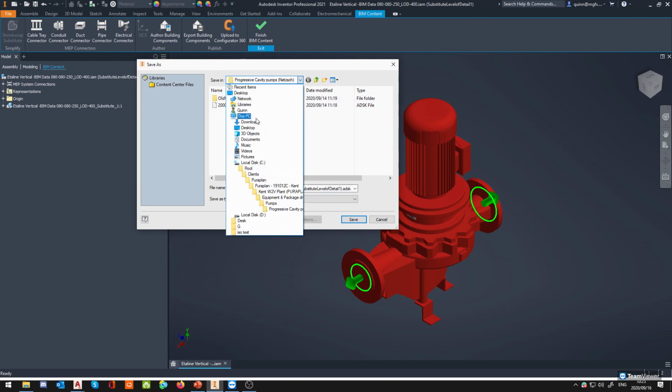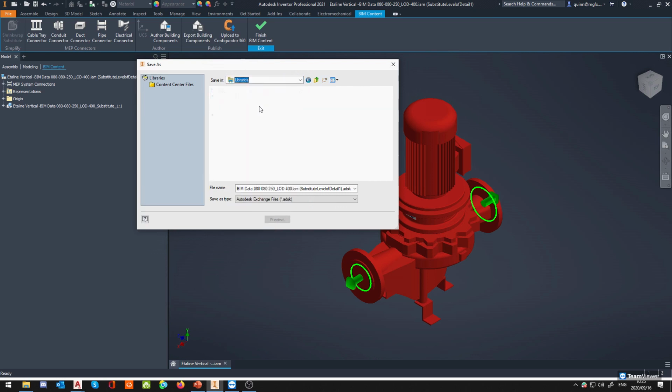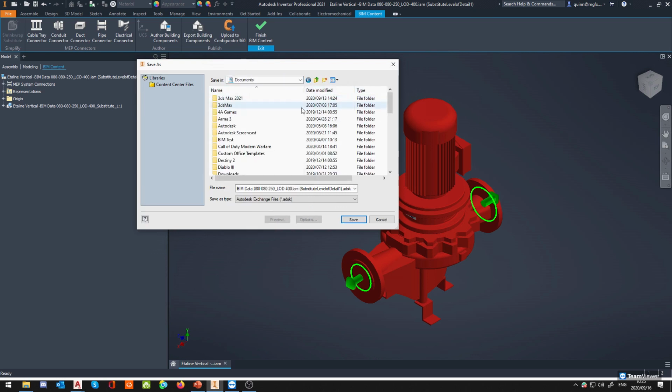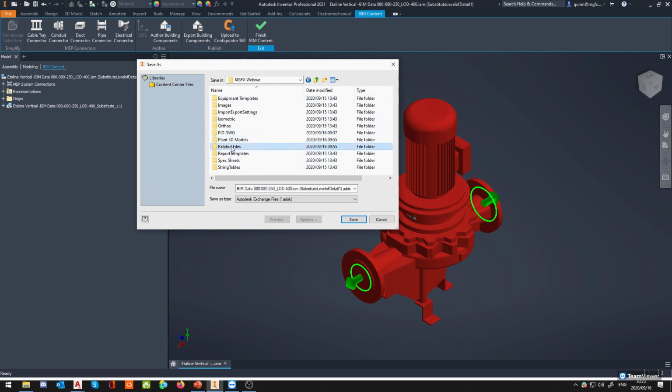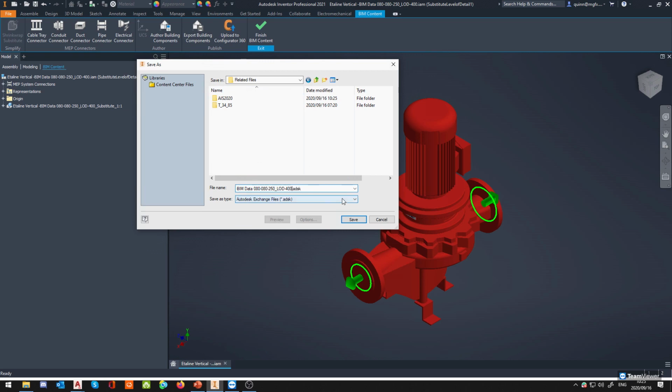I'm just going to quickly browse to where I want it to go. So I'm going to track it into my documents. Find where this one is. There we go. Select the files. And I'm just going to track it in here. What I'm going to do is I'm just going to quickly edit this name so it makes a little bit more sense. So, BIM data,